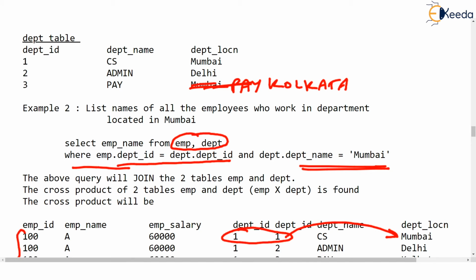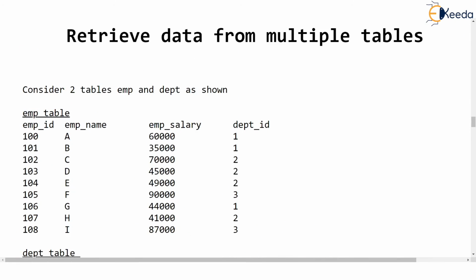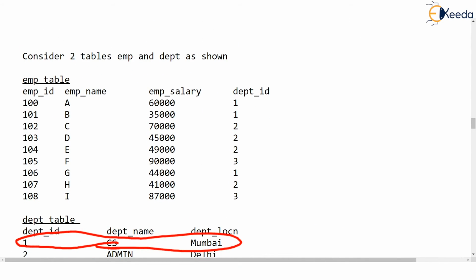Okay. So only one department is located in Mumbai. Which one? Department number 1. So obviously only those employees will be selected who work in department number 1, because this department is located in Mumbai. So the output will be A, then B, and then G.